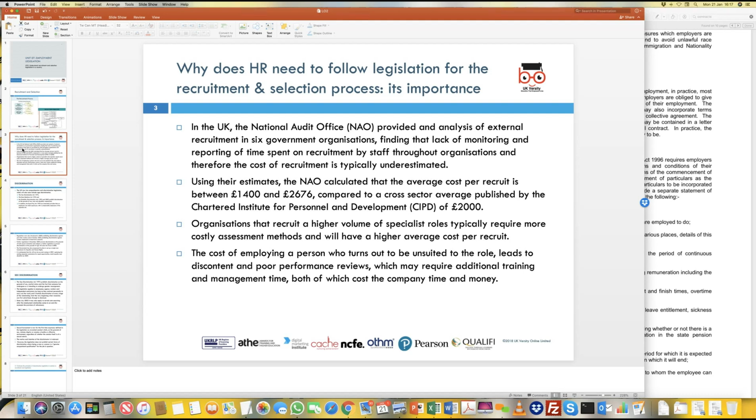So organizations which recruit in the private sector, when they recruit for specialist roles, for example, if they are recruiting a doctor, then they might be interviewing and selecting for a very specialist role, and this specialist role would require maybe further assessments to be done. In some cases these assessments involve, as I mentioned, some sort of tests or exercises which the candidates have to pass before they even come in for an interview.